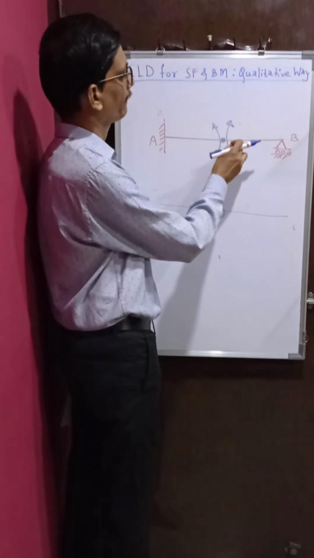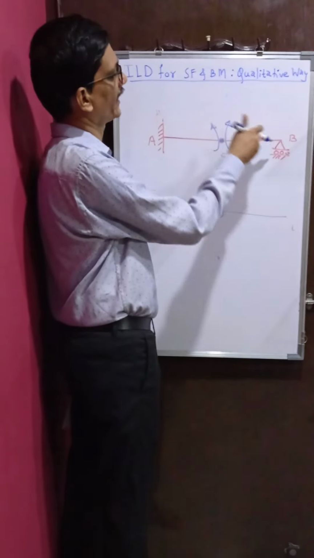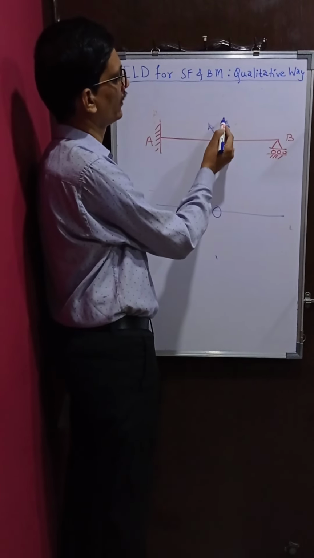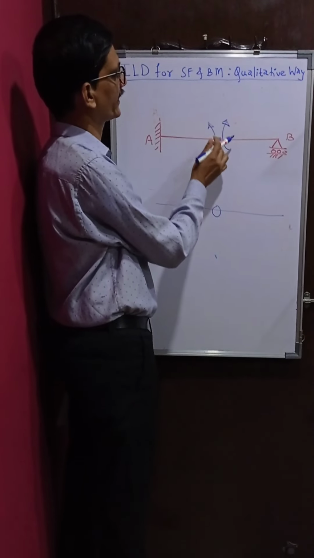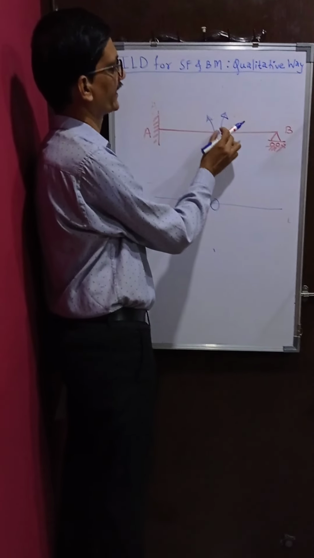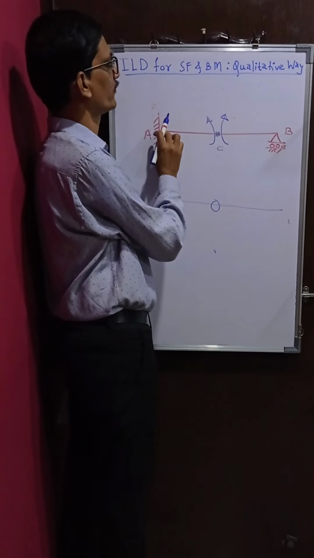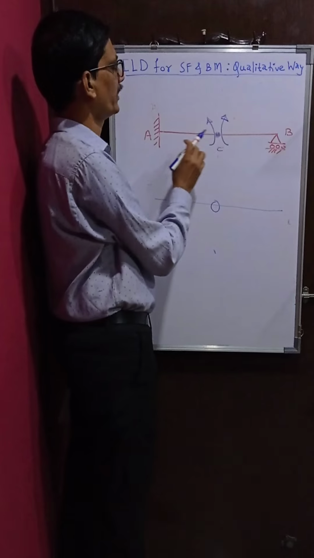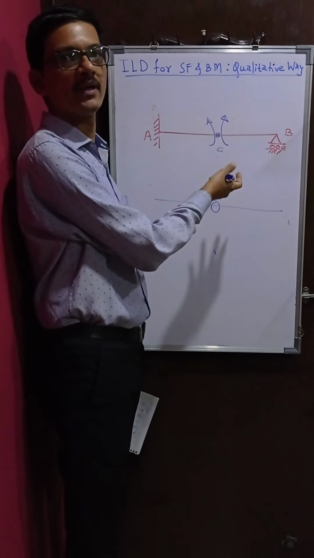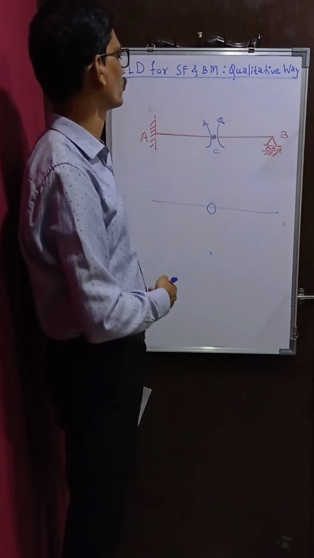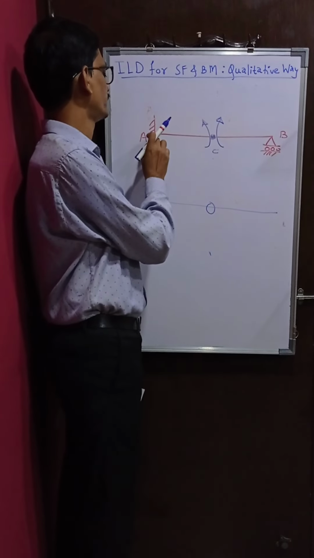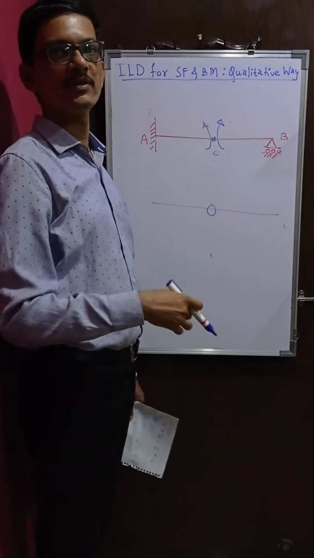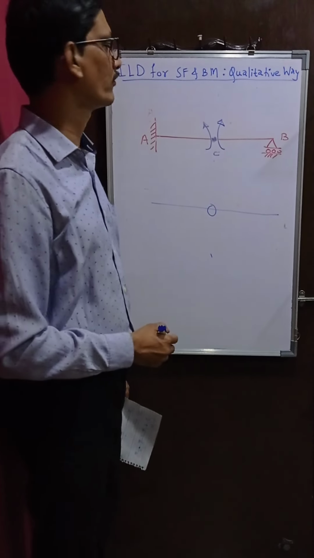The reason is, if I rotate it like this, I know that it can go up like this, but that is possible only when this part can also go up, because it is connected here. So this part cannot go up because there is a fixed end. Had it been simply supported, then this part would have gone up. But if it had been simply supported, then it would have been an unstable beam. That is a different story. I don't want to go into that, because if this had been simply supported and this is simply supported, then if I introduce one internal hinge, that will convert into a mechanism. But that is not our point of discussion.